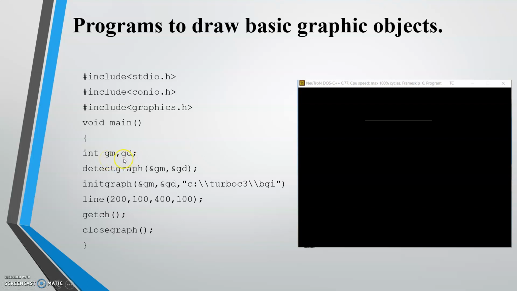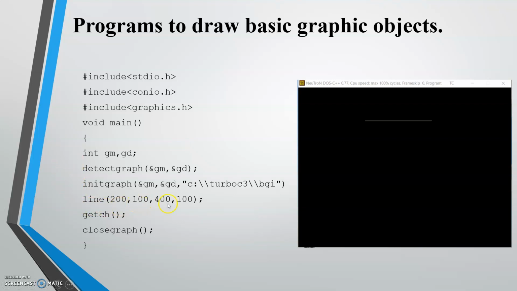Gm is for graphics mode, gd is for graphics driver. Then after declaring this, you are using the detectgraph function and then initgraph function. These three steps are compulsory to write the code in computer graphics.